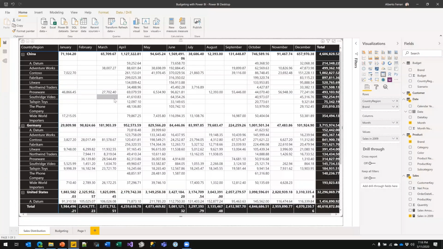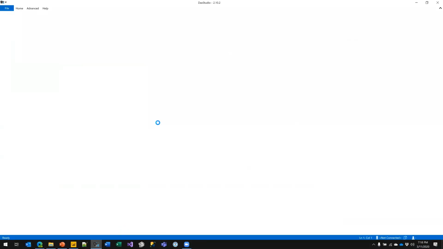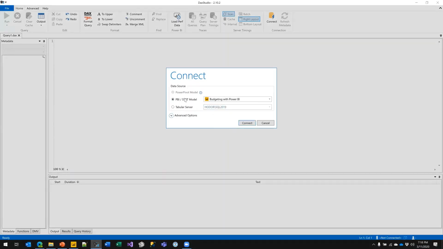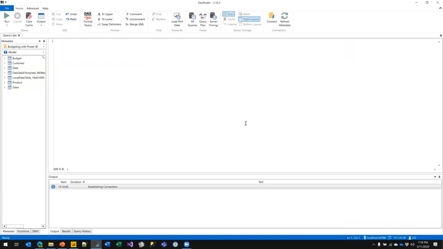Once I have my calculated table, I will be able to increase the granularity and use it to allocate the budget. Now, if I want to build such a query, I don't even think about writing it in Power BI. The experience will be suboptimal, which is a very polite way of saying that it will be a nightmare. Instead, I can use DAX Studio.